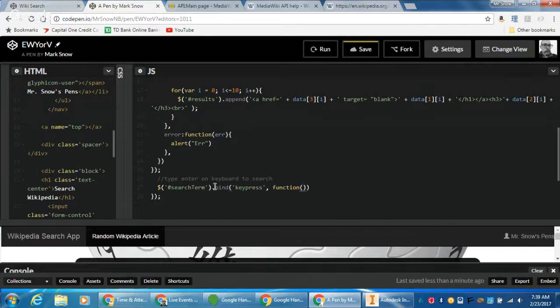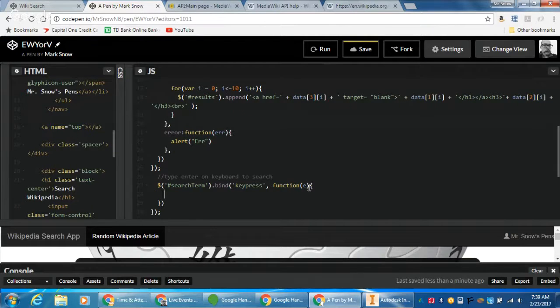Function and just anything generic. So like E is fine. And then I want to run a function. And all it's going to do is say if whatever key press it's looking for, and the key press that I'm looking for is a specific key, right? And that key is going to have a key code. And the key code for the enter or carriage return key is 13. All right, now you know. The more you know. So if someone is in the search term and they key press key code 13,